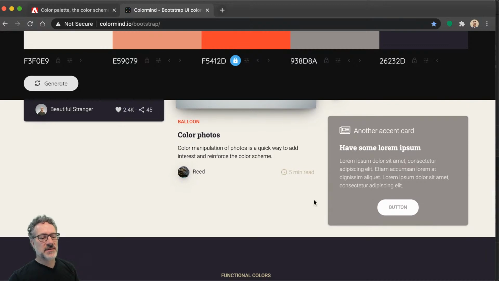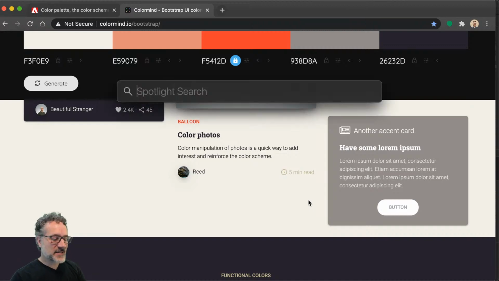Now, it's not perfect. What I would love, if any of you are web developers and you feel like you need a project to take on, ColorMind has an API that you can use to provide colors and lock colors down and get the other 4 colors, all that functionality. It has an API for that. If you guys want to create a website that has 2